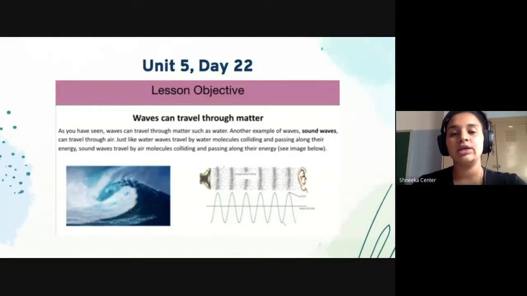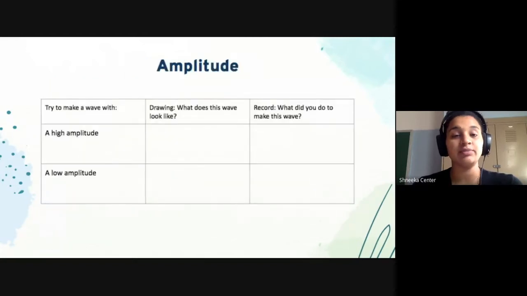In this lesson, you're going to observe 3 different components of the waves that you're creating. So you're going to have to create different amplitudes, different frequencies, and different wavelengths. Before we get to the specifics of what you're going to have to do using the oscilloscope, let's review some